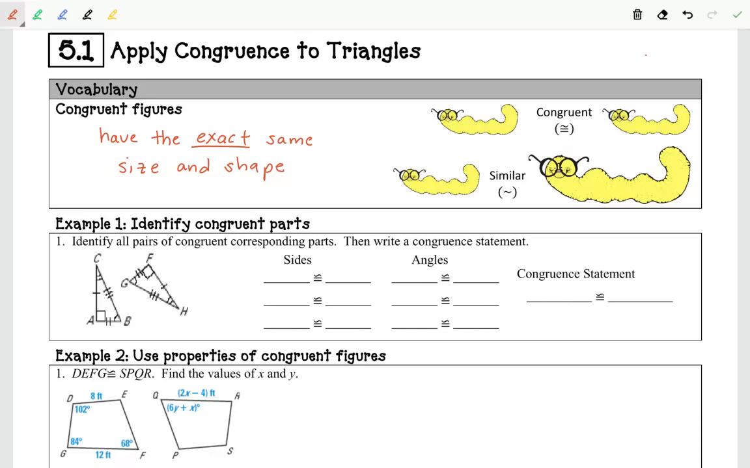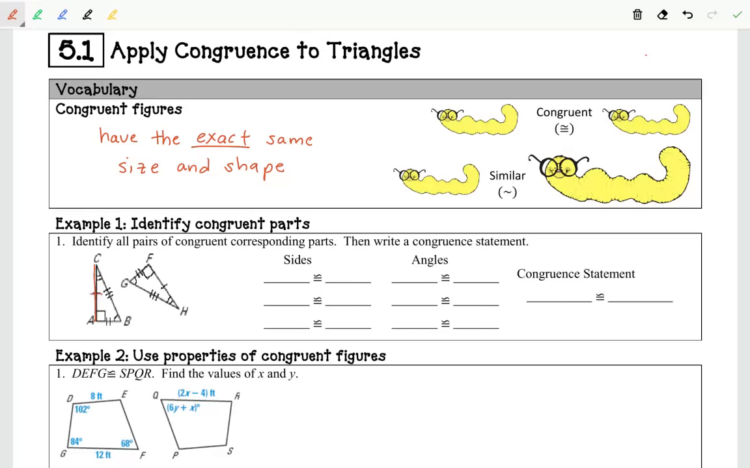size and shape. So for this first example, we're going to identify all pairs of congruent corresponding parts. Which all that means is we need to figure out what sides in the first triangle match up with sides in the second triangle, and which angles in the first triangle match up with angles in the second triangle. So we'll start out by noting that side